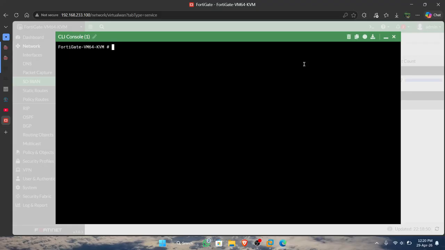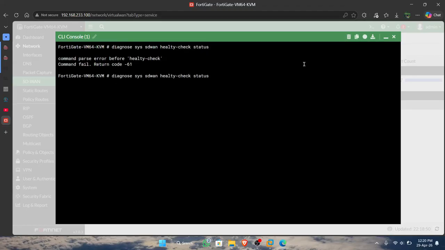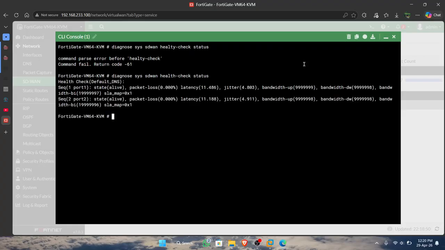If we diagnose this, check, okay, the packet loss has changed at first. You can see the point is 0.